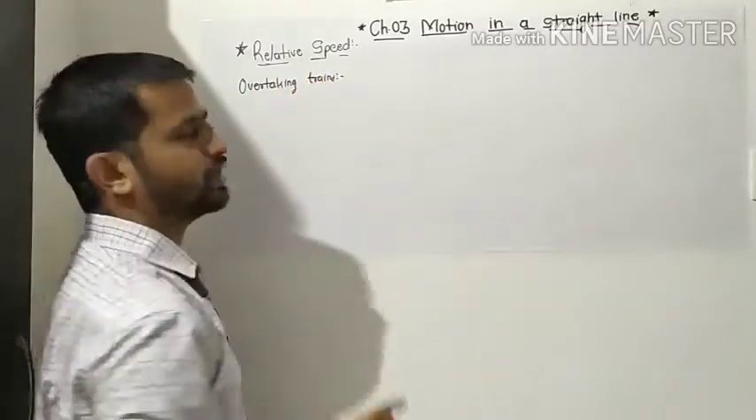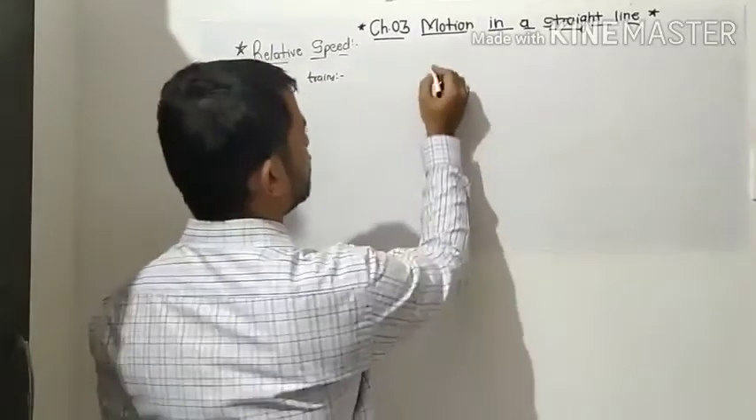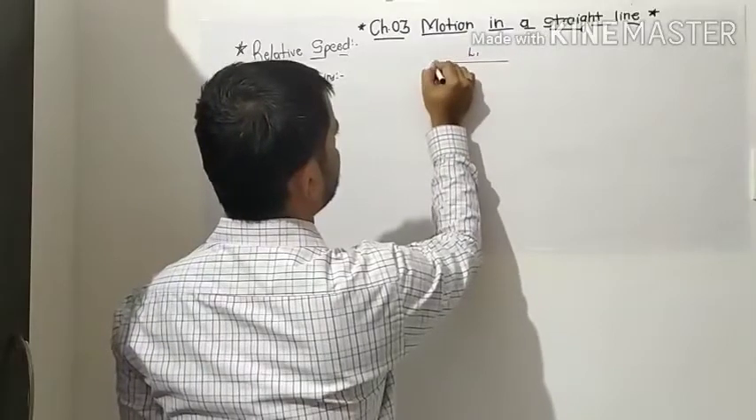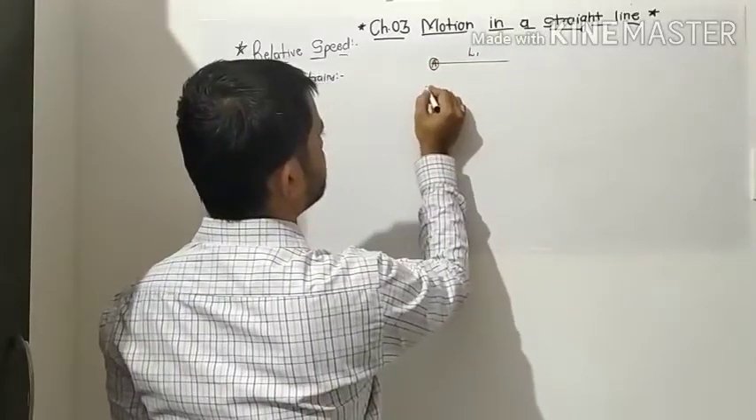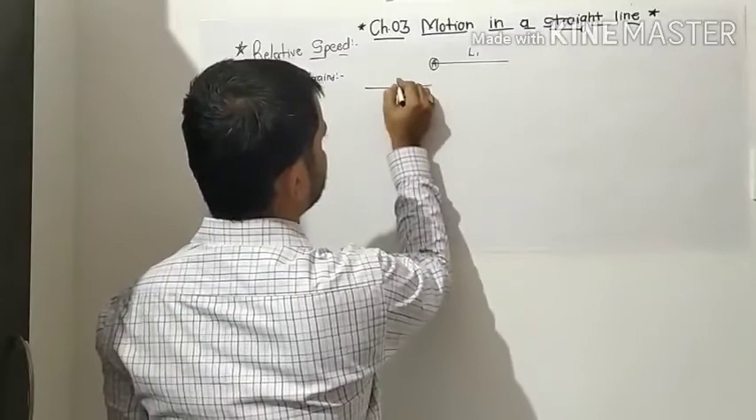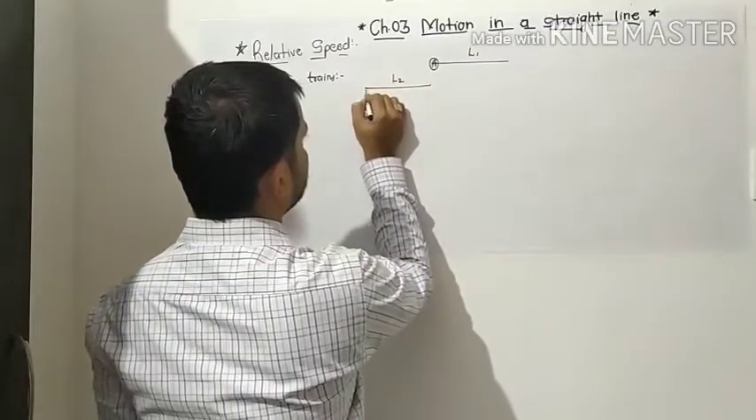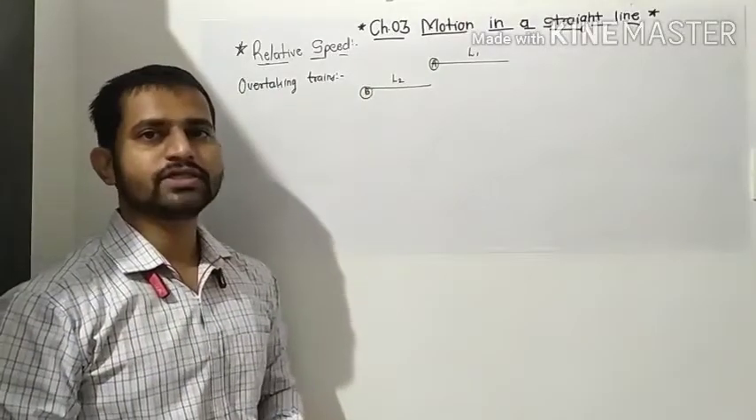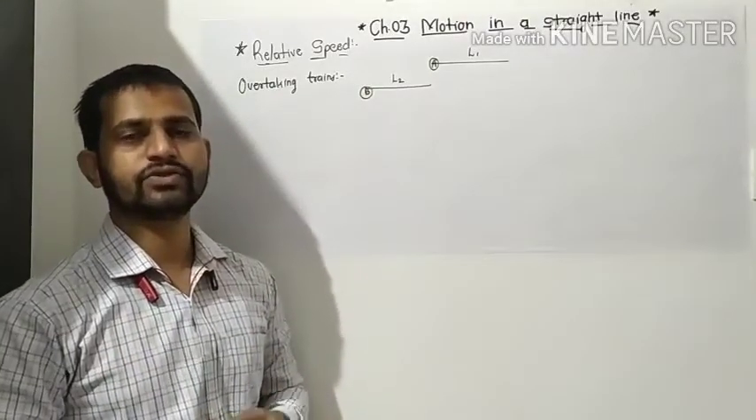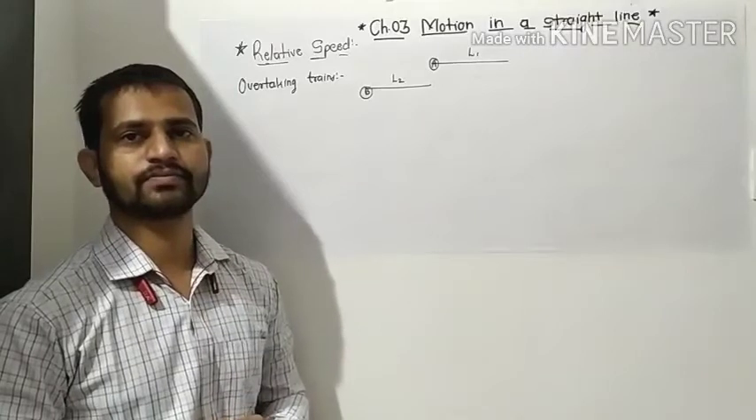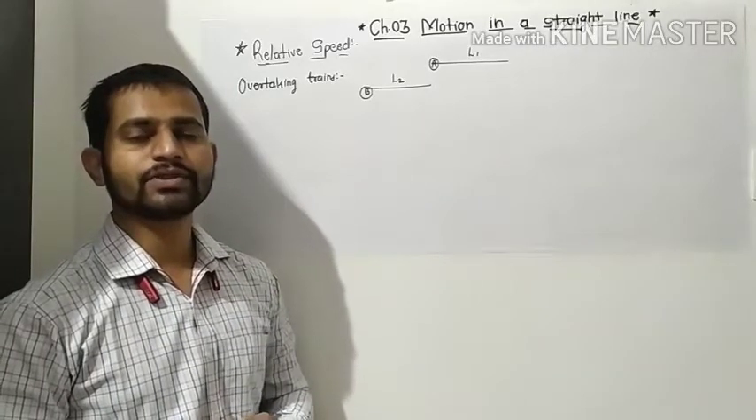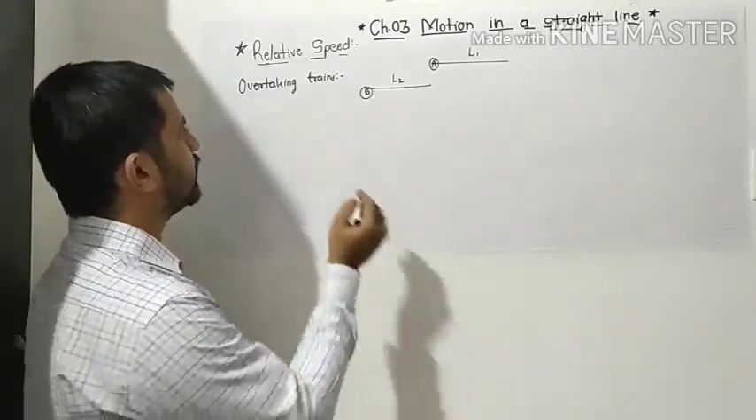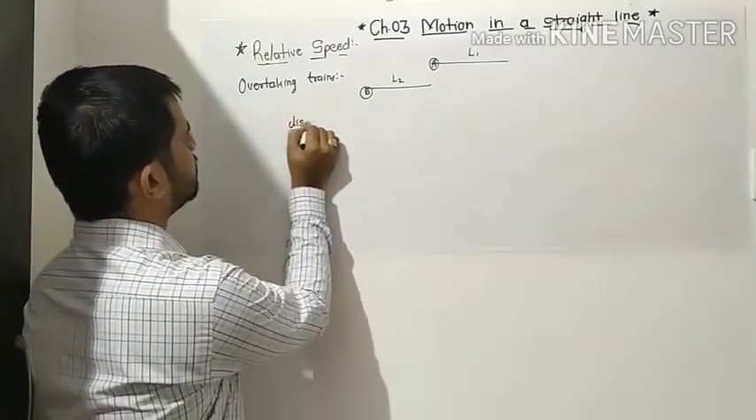Okay, suppose there is the first train, train A, having a length of L1, and there is the second train B, having the length L2. Then while overtaking, how much is the actual distance the train has to pass? So while overtaking, the distance is equal to,